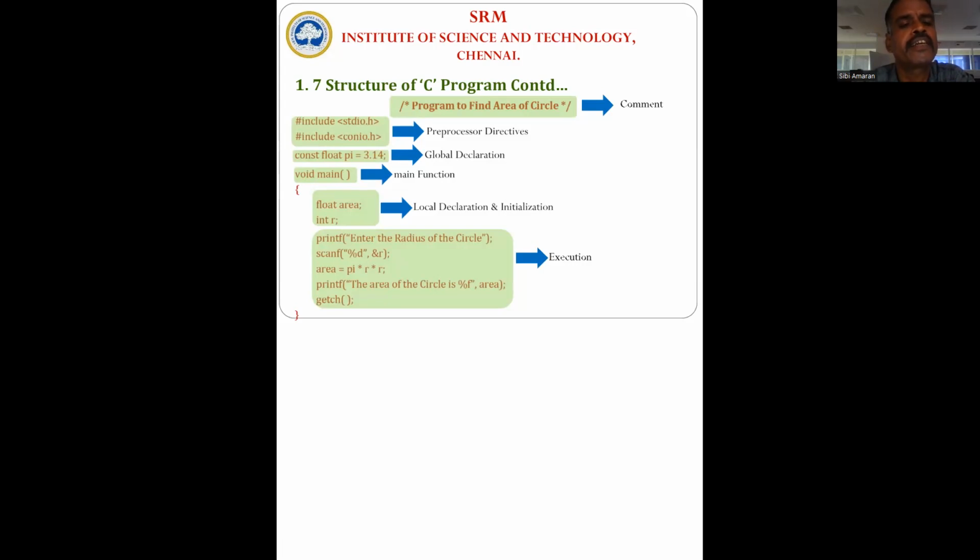A .h indicates the header file, like .c indicates the C file. The header file contains a lot of inbuilt functions that can be utilized by the programmer to meet the requirement. So if you want to use those statements or functions, then we can go for the preprocessor directives before executing this